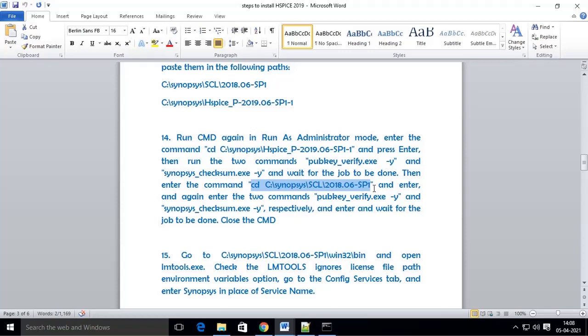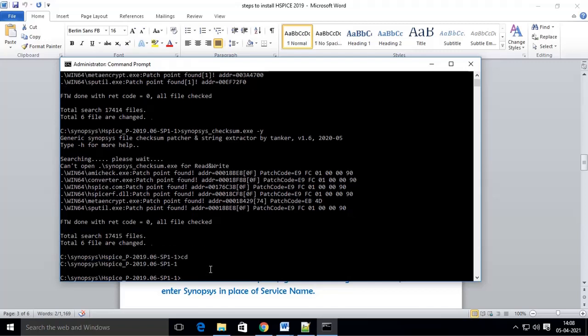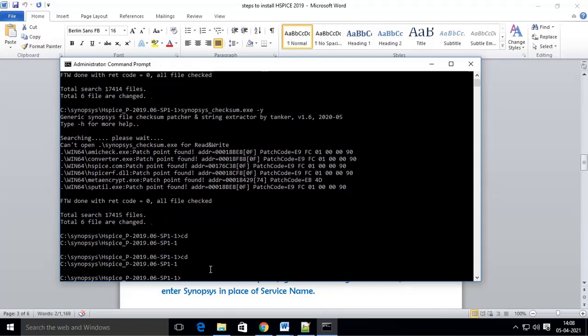Now similarly run those two commands in the SCL 2018 version. Copy that file.